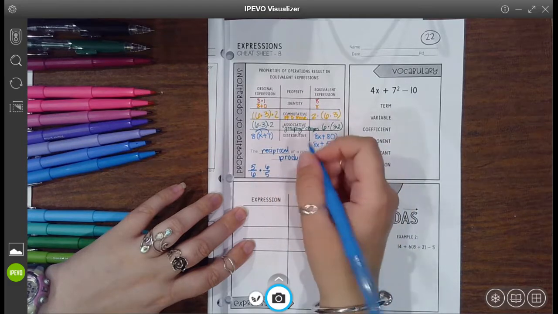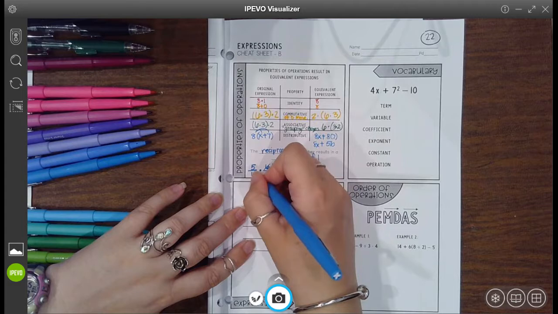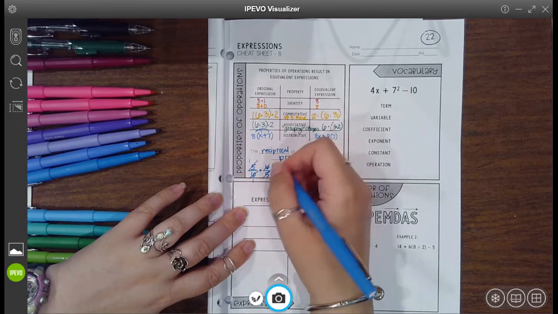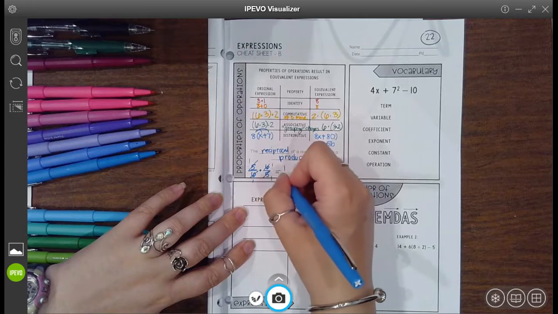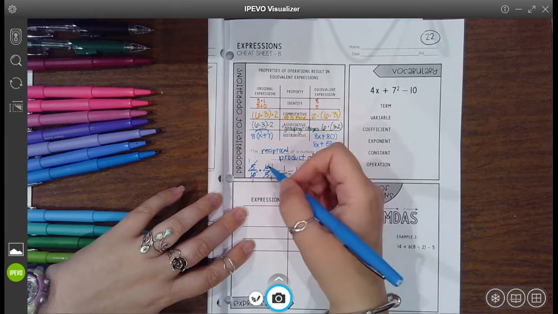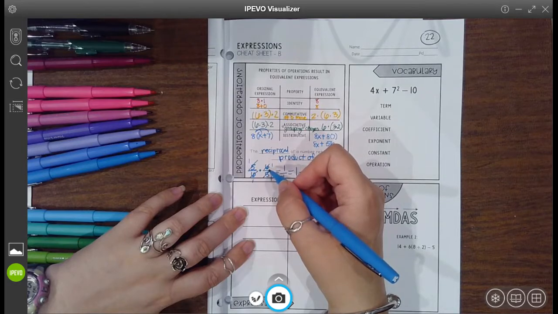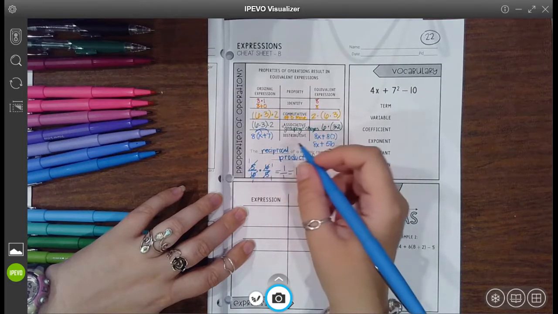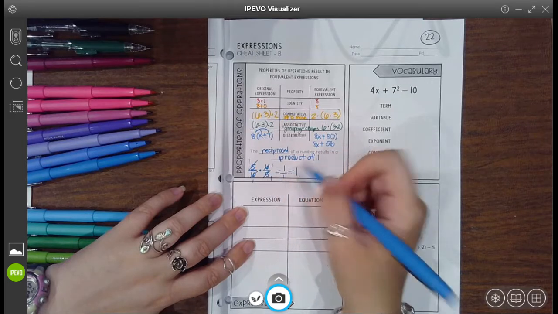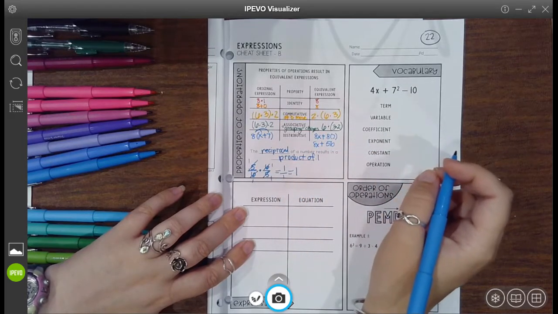Well, let's see what happens when I multiply those. These cross cancel and become 1, and the 5's cross cancel and become 1. And then you have 1 times 1 is 1, 1 times 1 is 1, 1 over 1 is 1. Oh, hey, yep, that's true. A number multiplied by its reciprocal results in the product of 1. Okay,